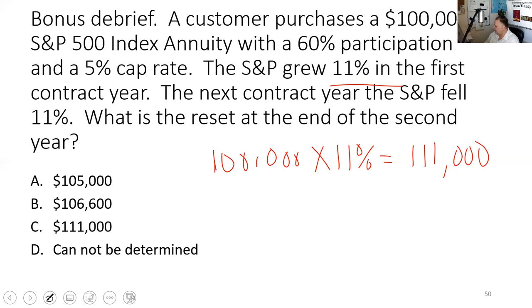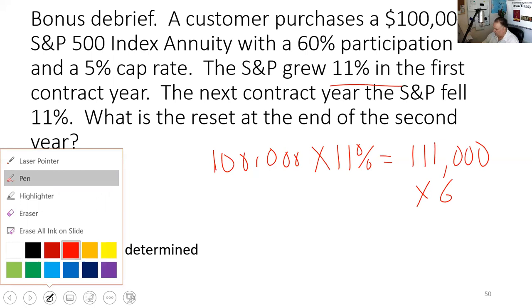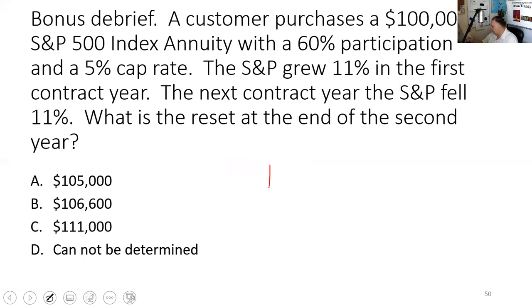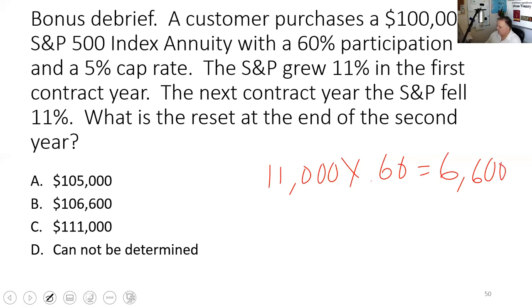But remember, they said they're only going to give you 60% of that. So now I'm going to take, let me get my slide there, I'm going to take the 11,000 times the 60%. 0.60 is 60%. And when I do that, 11,000 times 60% is 6,600. Now, here's kind of what he blew. He said, well, it's that. I said, but no, there's a 5% cap rate. So after this first year, it's going to be 105,000